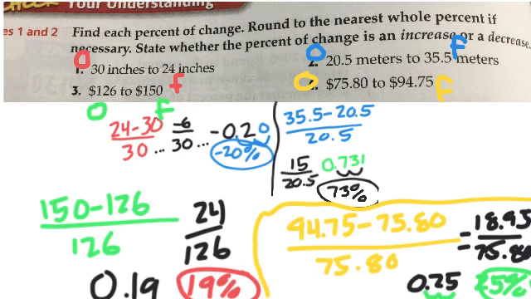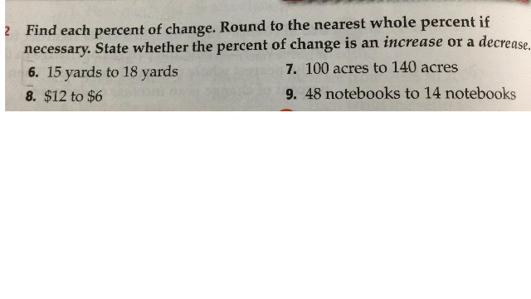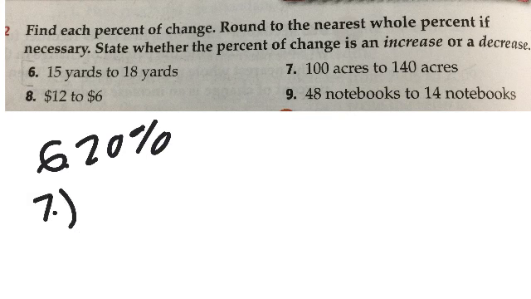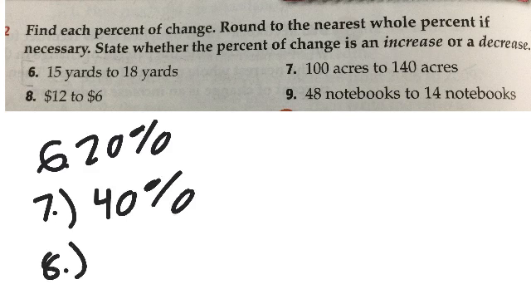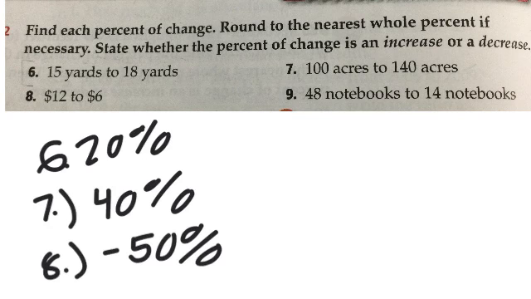Do we feel any better about how to do these? Okay, let's go over the answers real quick. What did we get on 6? You got what? 20%? On 7, 40%. On 8, negative 50%. And then on number 9,